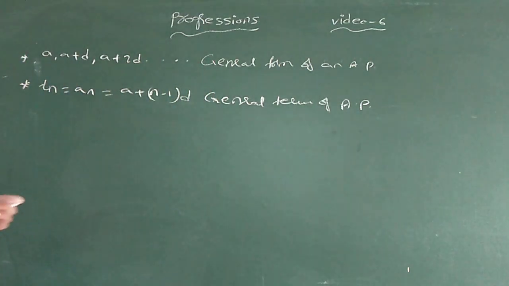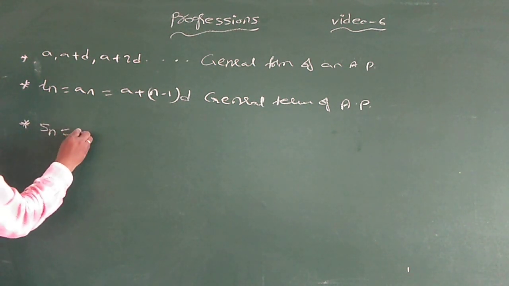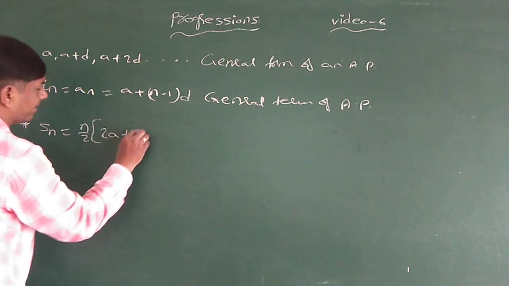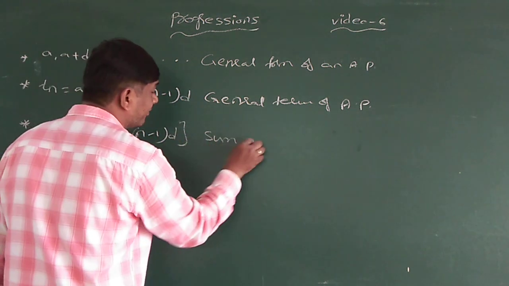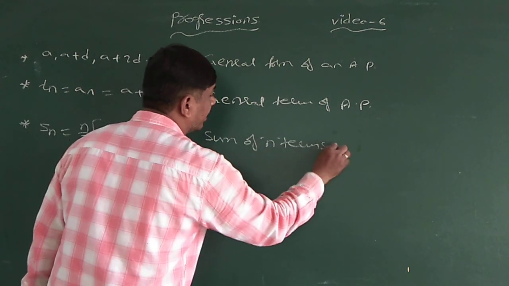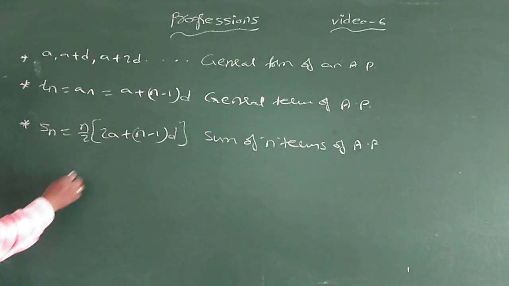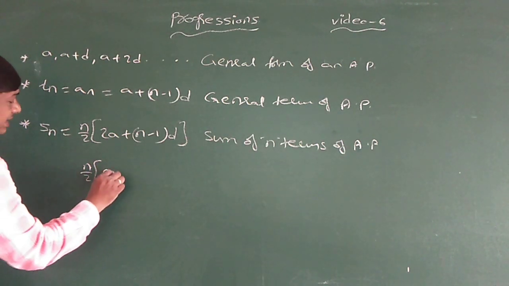N terms. Now, just now I derived a formula for the sum of n terms: Sn is equal to n by 2 into 2a plus n minus 1 into d. This is the sum of n terms of an AP. In this formula, if I write 2a as a plus n minus 1 into d,